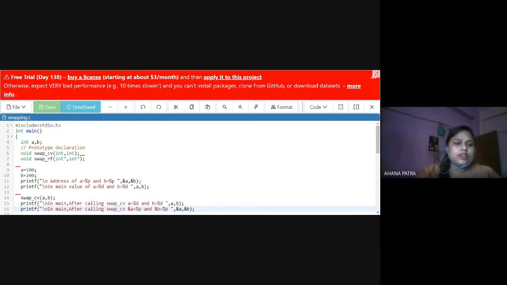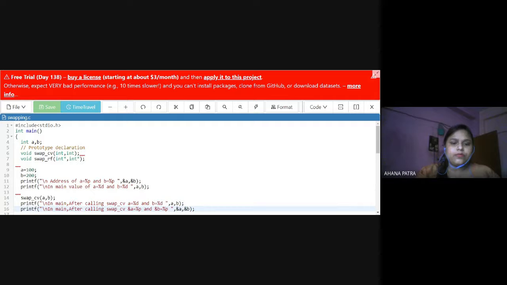At first we declare the function prototypes, that is swapCV and swapRF. The swapCV function swaps the values using call by value, and the swapRF function refers to call by reference.